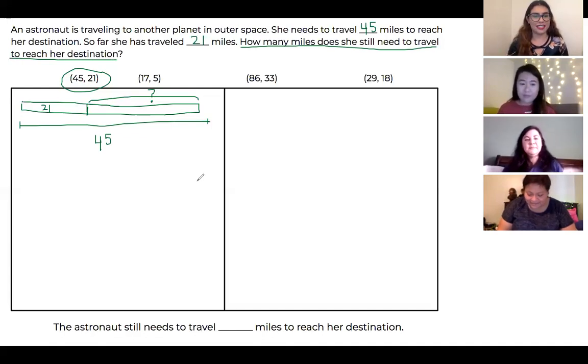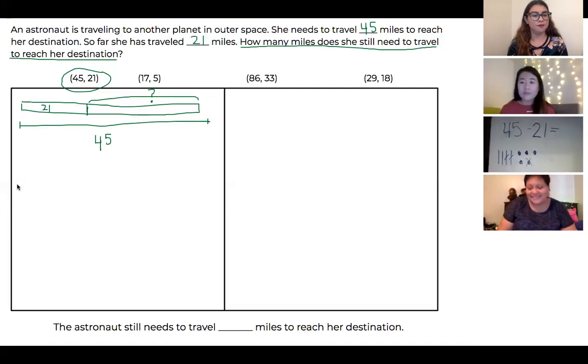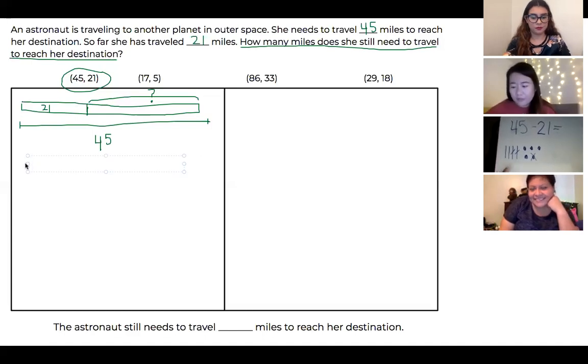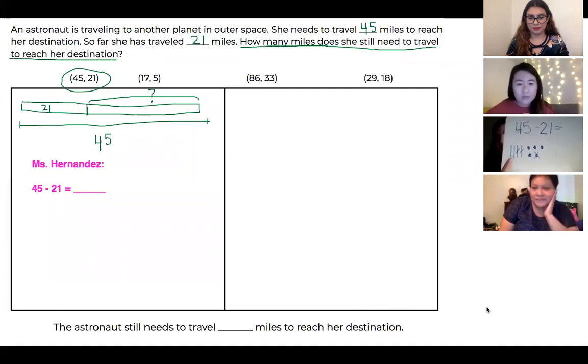All right, Ms. Hernandez, can you start by sharing your strategy with us? Sure. So I decided to use place value to help me find the difference. So first I went ahead and I put 45 for the miles that she needs to travel. I took away the 21 that she already did travel. So I took away 2 10s, that's 20, and a 1, that's 21. And that left me with 10